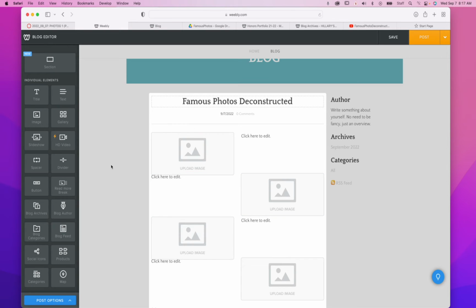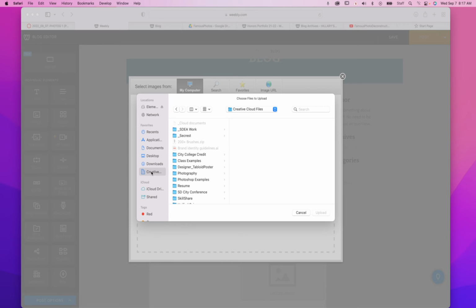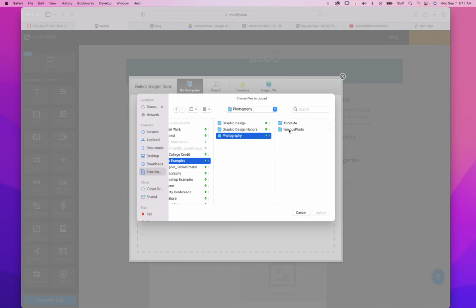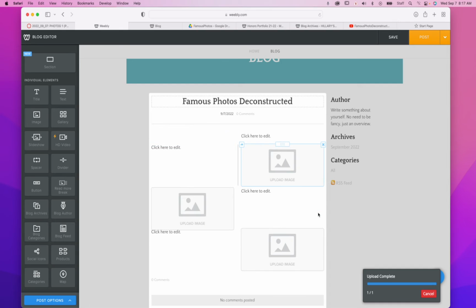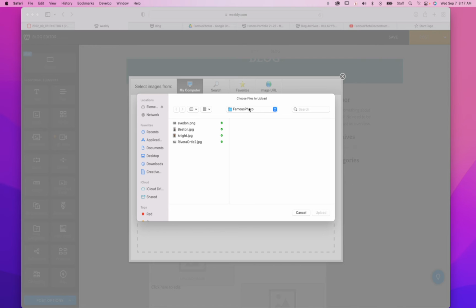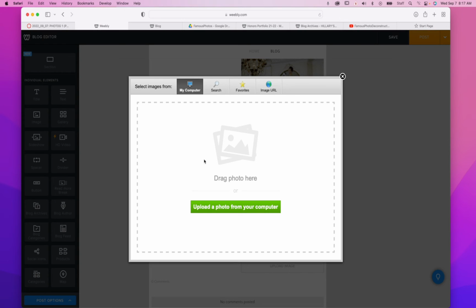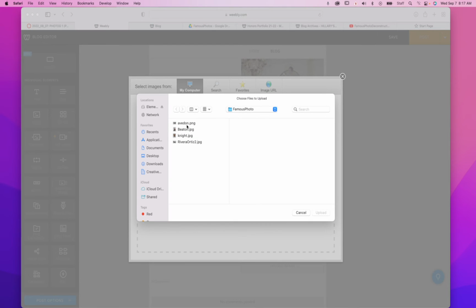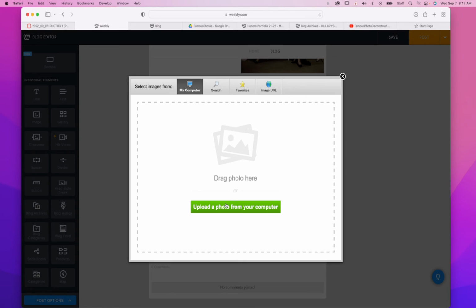Now I'm going to go ahead and upload the 4 images that I want to use. So I'm going to click on the first one. I'm going to upload from my computer, and navigate to my Creative Cloud folder. I'm going to go to my photography class folder, and to the famous photos that you downloaded already. I'm going to start with this first one. I'm going to click upload. I'm going to do the same thing for the second one. Upload photo from computer. It remembered where I was at, so I can choose this second one. Then I can go to the third one. I can upload. And then I scroll down, go to the fourth one, upload,